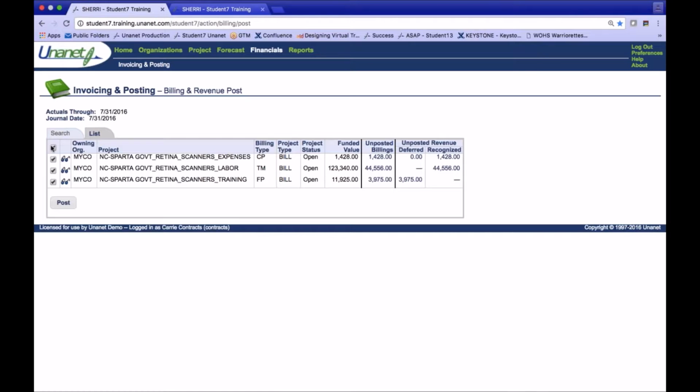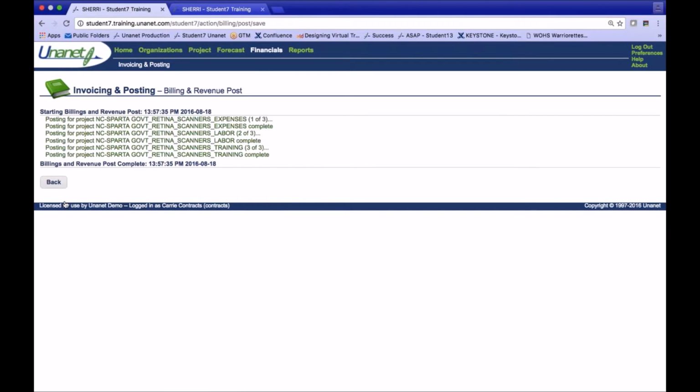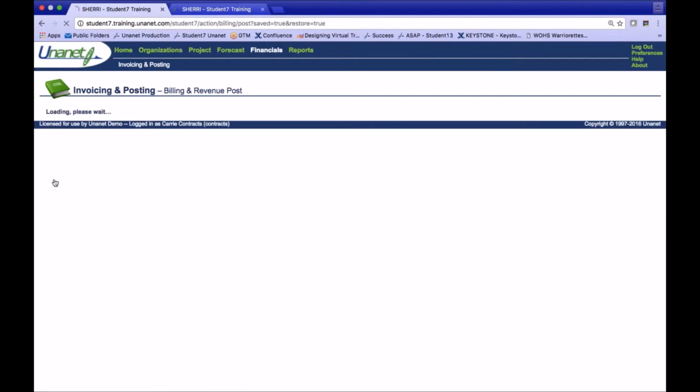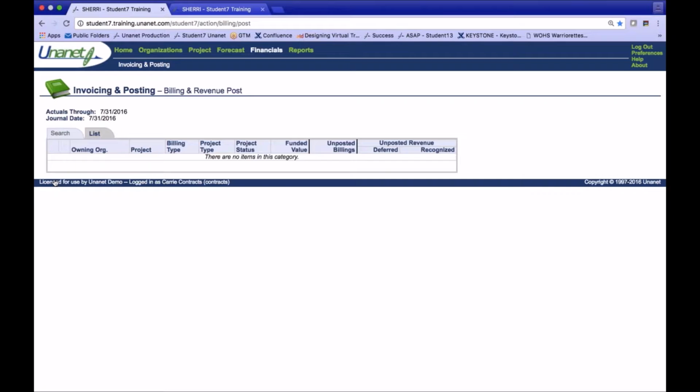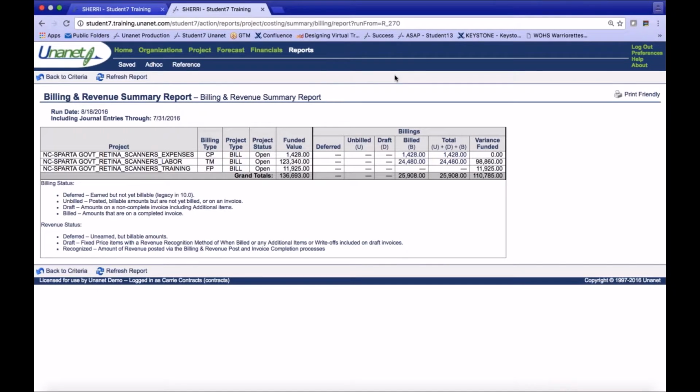So you can see here when I have multiple contracts in the system, 20 or 30, and there are multiple projects, I can very easily select them all and identify all those transactions and hit the post and do it all at one time. Easy as that. I go back. There's nothing available right now to post. But what I want to show you is if I go to my billing and revenue funding summary report